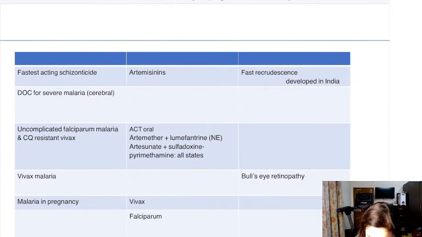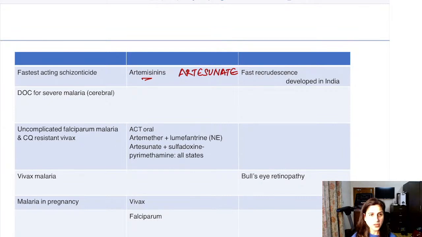These are your artemisinins. और उसमें से भी fastest acting कौन सी है? Out of these artemisinins, it is your artesunate, fastest acting. Now because they are very short acting, they lead to faster recrudescence, because